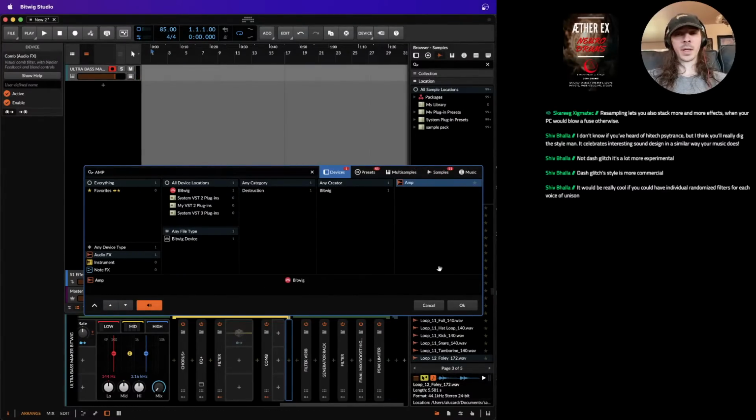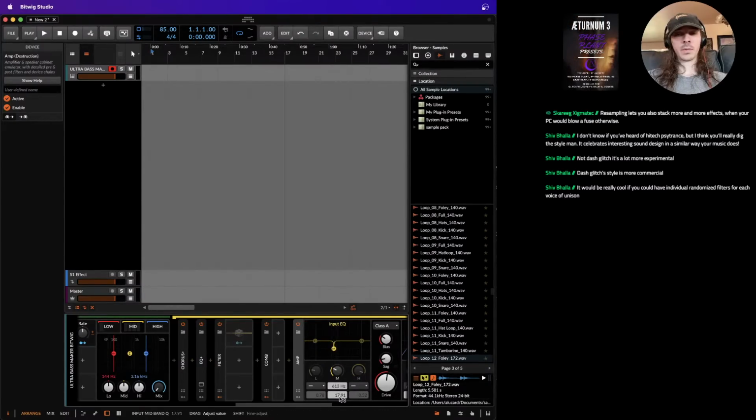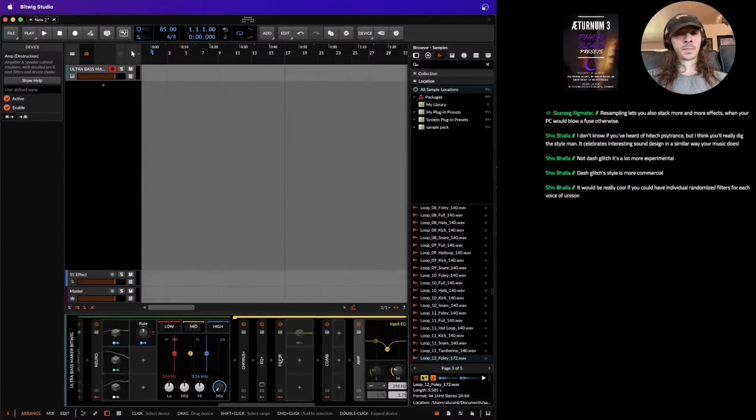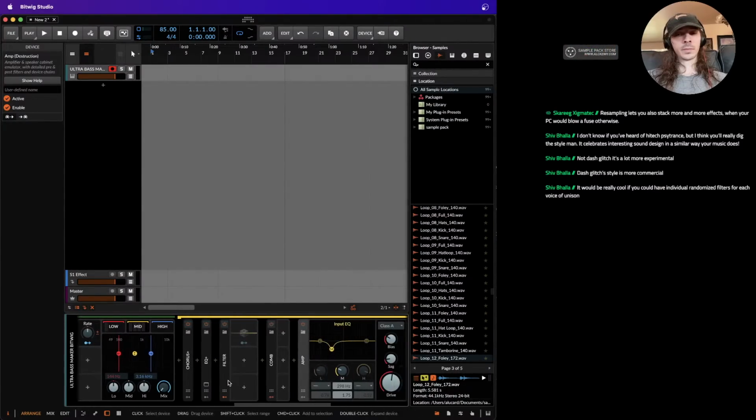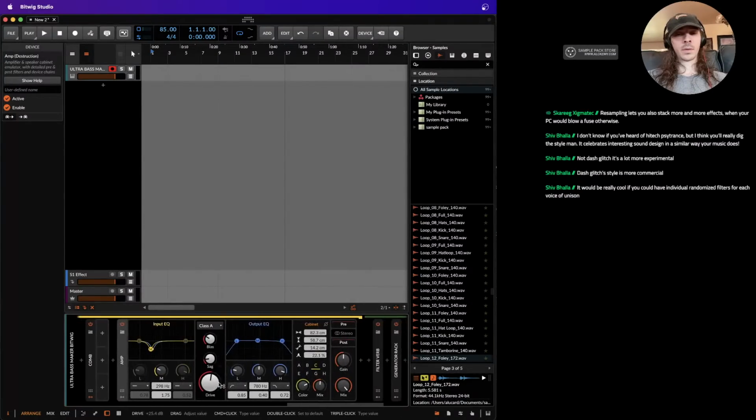Maybe we can try something like amp and turn this off, pull this down just a bit and pull this up, kind of like so. And then we can sweep this, kind of in that region there. We'll turn the output EQ off,